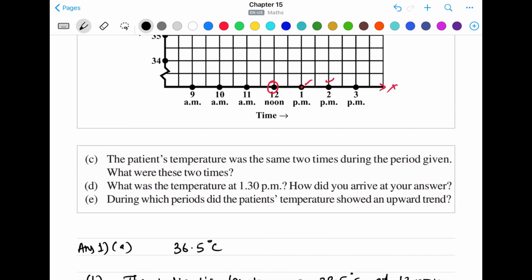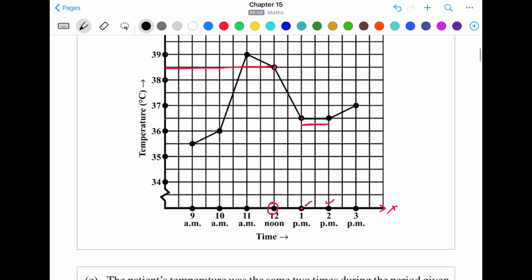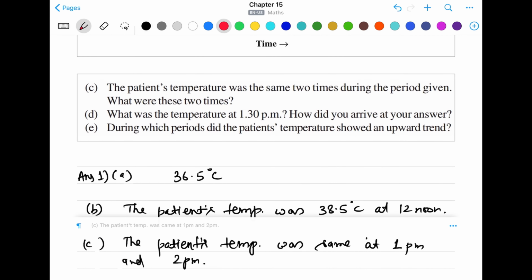Okay, third one is what was the temperature at 1:30 p.m.? How did you arrive at your answer? So you ask what is the temperature at 1:30 p.m. So 1:30 p.m. means between 1 p.m. and 2 p.m. So between 1 p.m. and 2 p.m. we have this temp point. And at this point the temperature remains constant between 1 p.m. and 2 p.m. So we can say answer for this one is